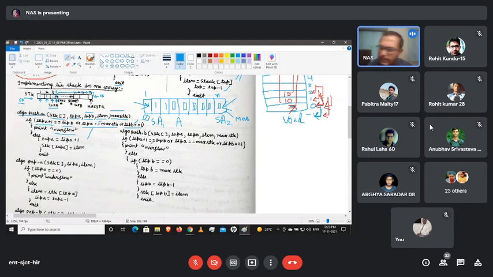You can use this line also the same way. Top A plus 1 equals top B means top A and top B have occupied the whole array, so overflow condition. Next, top A equals max stack means top A has totally occupied the whole thing, so there is no place for inserting within here. Another one is top B equals 1, meaning after starting from max stack, top B has occupied until 1, so again there is no place for insertion for stack B. So these are the three overflow conditions in case of push B.